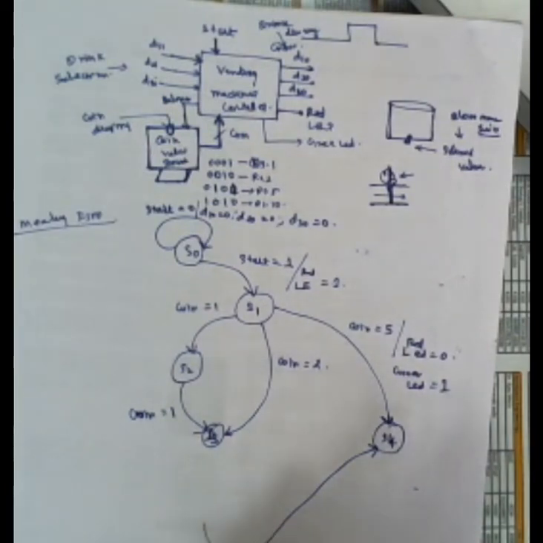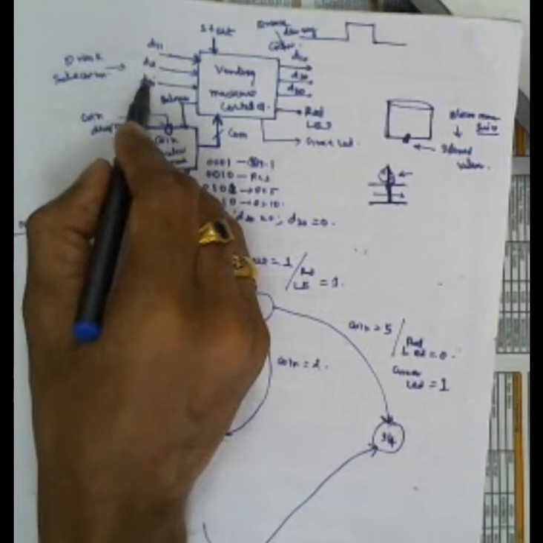So the idea is, first step is start checking the start button. Second step is activating the red color LED and then expecting the coin drops. Then calculating whether the sufficient amount of coin is dropped or not. Right? If more than sufficient is there, then the balance is how many paise. Then ultimately coming to one state. From there, expecting the green LED, making the green LED on, and then expecting the user input for drink selection.